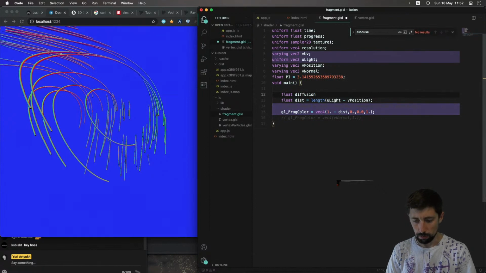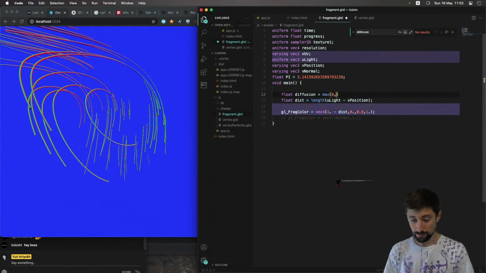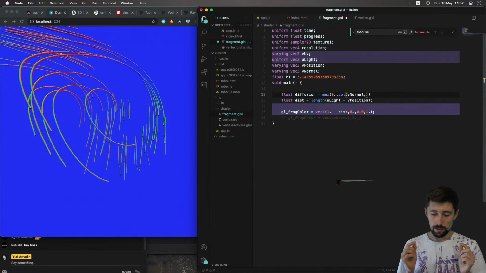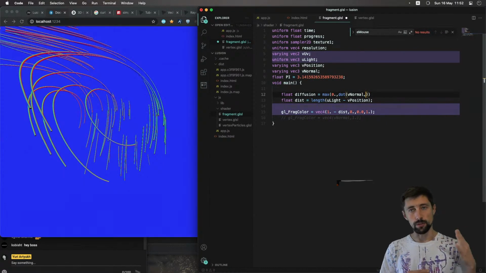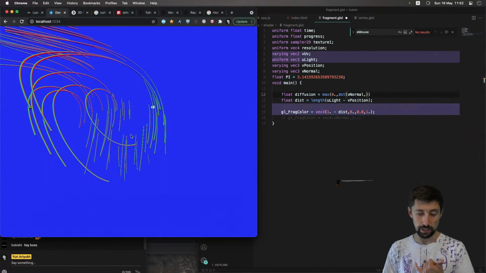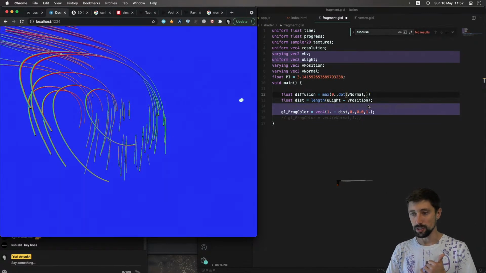That's going to be the complicated part. It's going to take like 10 minutes, but still. It's going to be the max of 0 and the dot product between the normal and the light direction. We don't have light direction yet. We only have the light position. uLight is a light position. And to calculate the light direction, I would actually need to get the